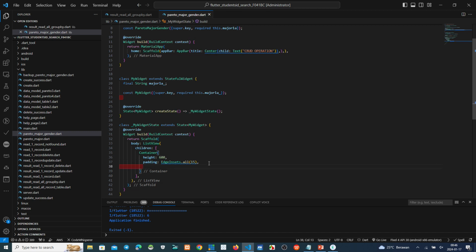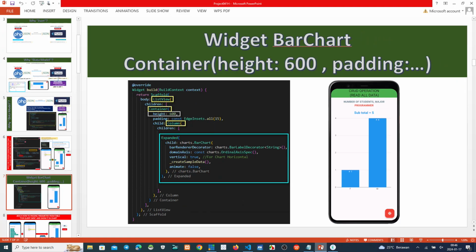Okay, after that we make a column. List view, container, column, oh, okay.